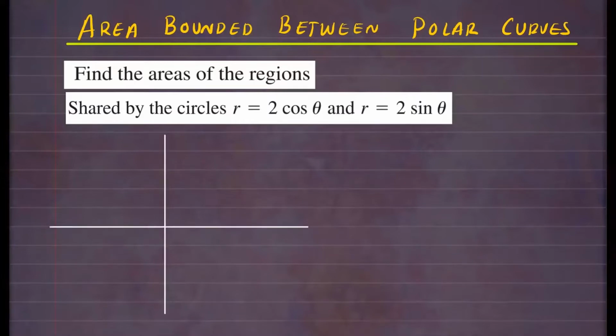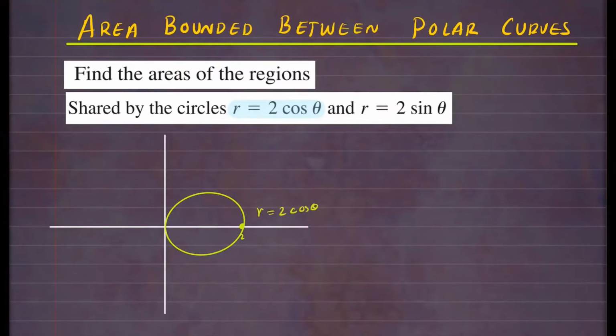Again, if you need more help on sketching polar curves, I'll leave the related videos in the description box so you can check them out. So this curve right here, r equals 2 cosine theta, is the circle along the positive x-axis. When theta is 0, cosine of 0 is 1, so 1 times 2 is 2. That's the point for when theta is 0. And then it's just a circle going around like this, passing through 0, 0 as well. So that's the circle r equals 2